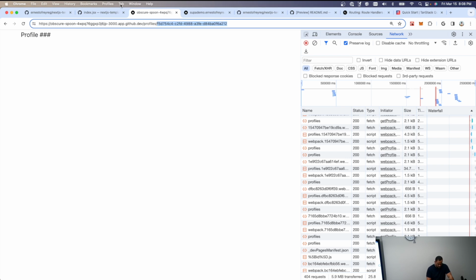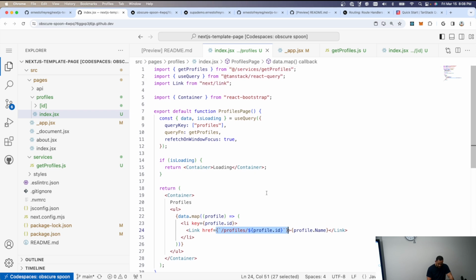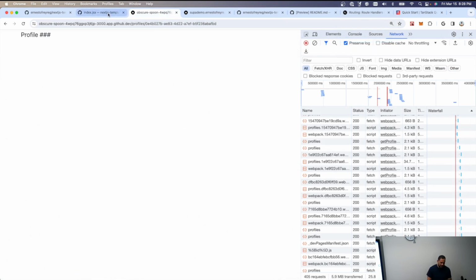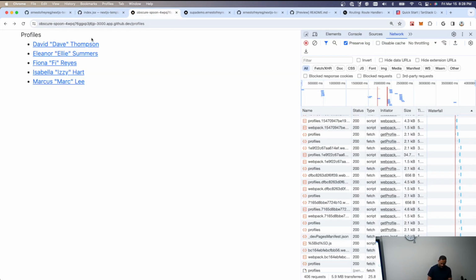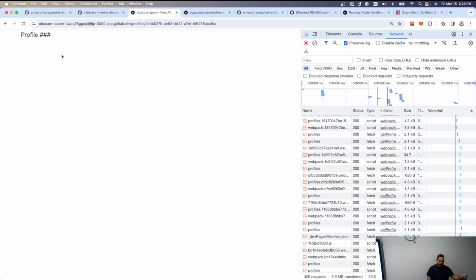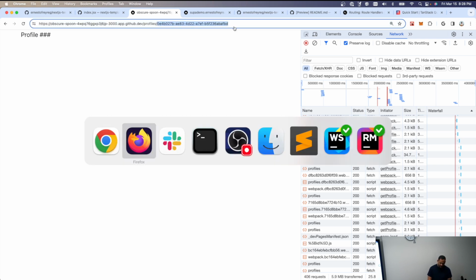Can I see the code? Yeah, sure. Okay, so we link from the profiles page to the profile page using that ID. So we have /profile/ID. The ID that we're using, this ID that you see here,